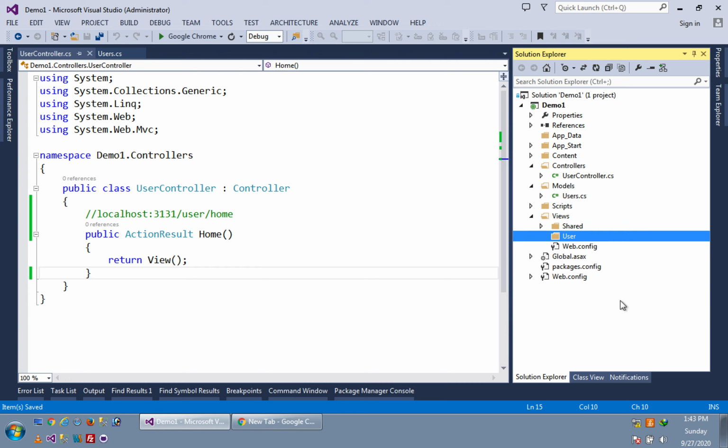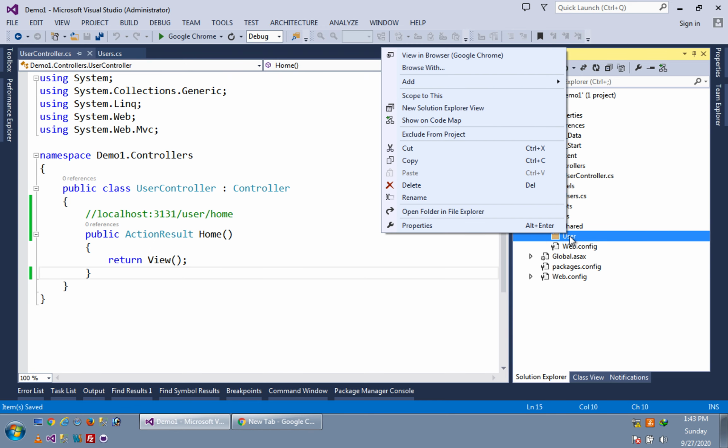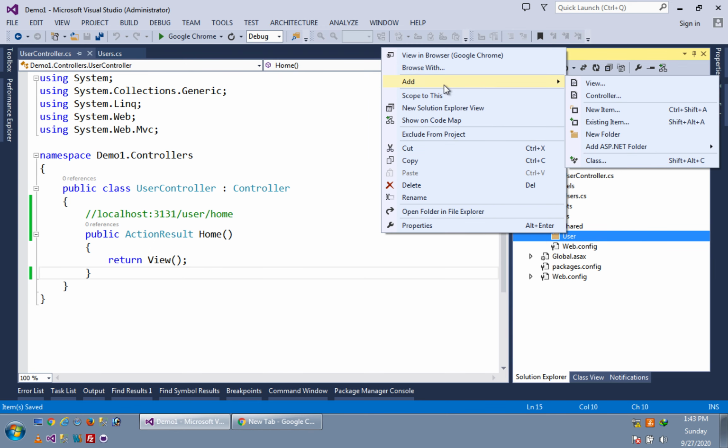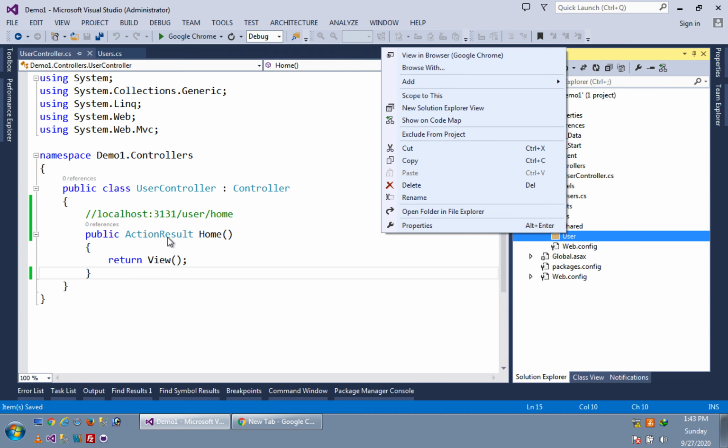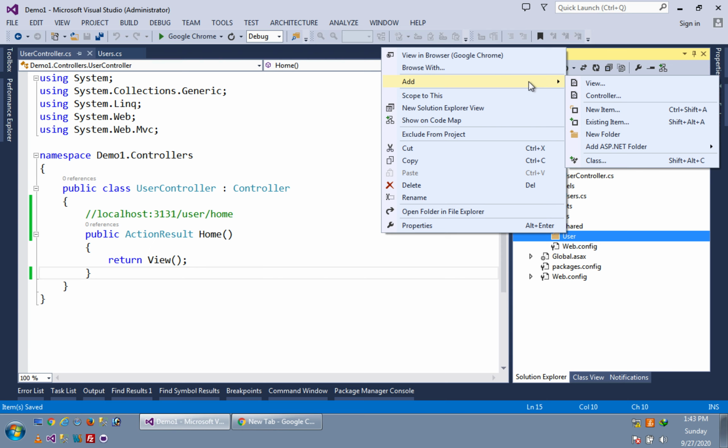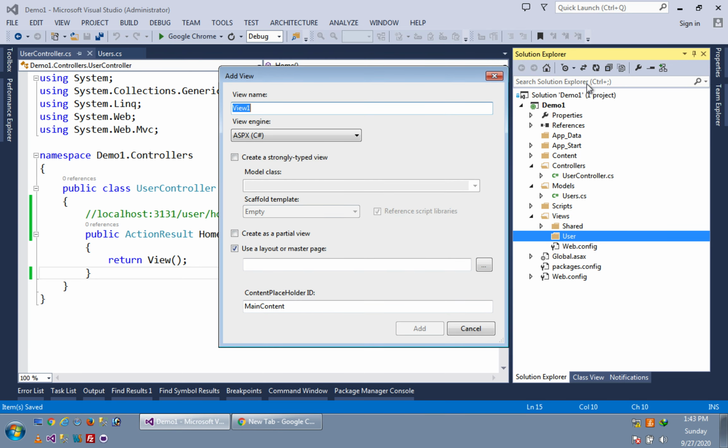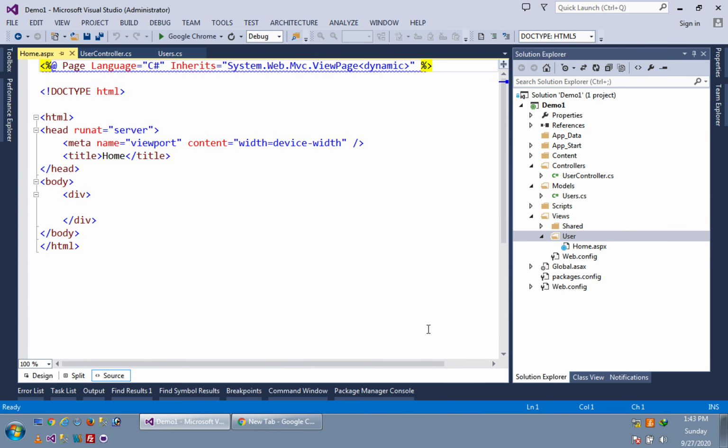Now in this user folder I am creating one view, and the view's name and this method's name should be the same. The method's name is home, so our view's name will be home. Here I am creating the home view in ASPX C#, and we are not using any master page concept right now, so I am just omitting it and clicking add. So it has created one view for us.